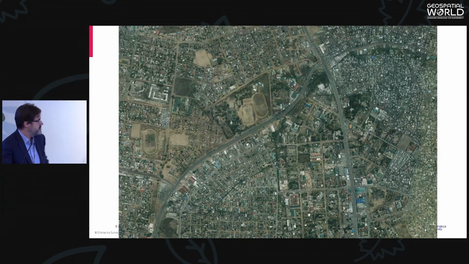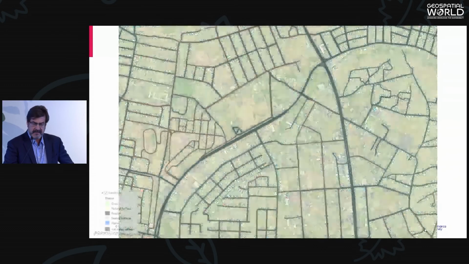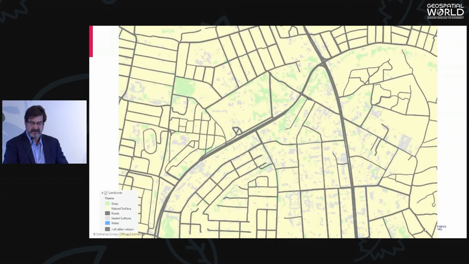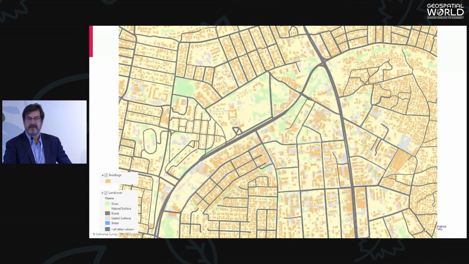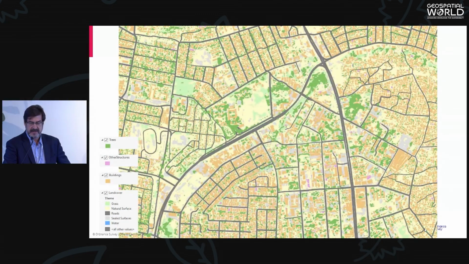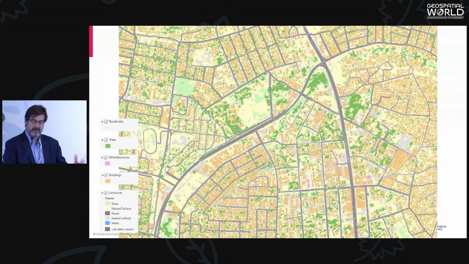So there we go. We started with a 20 centimetre ortho-imagery source from the city of Lusaka, and then we were able to build up our map layers as follows. So we collected, I think it was something like 4,000 kilometres of roads. We collected every single building above 12 metres square, so I think it was about 300,000 buildings that we collected. We collected something like 80 kilometres of trees, and therefore you can see the layers building up nicely there. So what the city now has is a proper, structured, digital base map at very, very good local granularity. And we've created a road links data set there as well, so there's now a transportation layer available to the city.